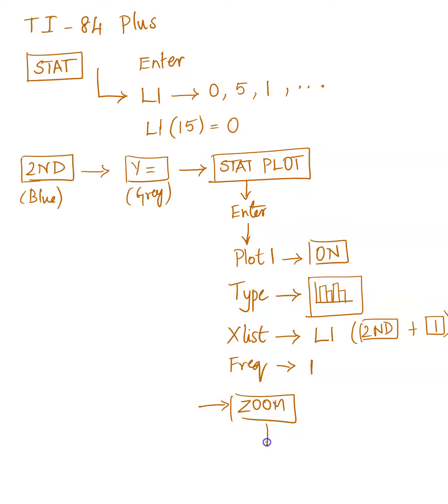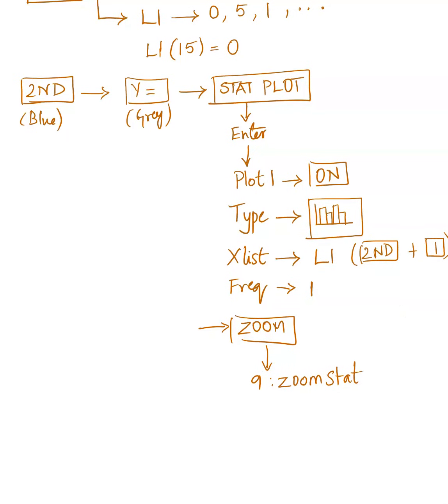And then go down to number 9, which says, what does it say? Zoom Stat. Okay, so click on that, and now it will give you the bars, the histogram. If it doesn't do that, you want to go to Window,